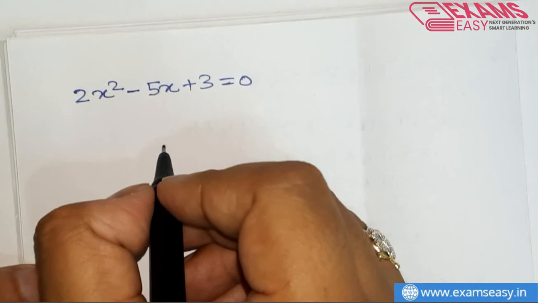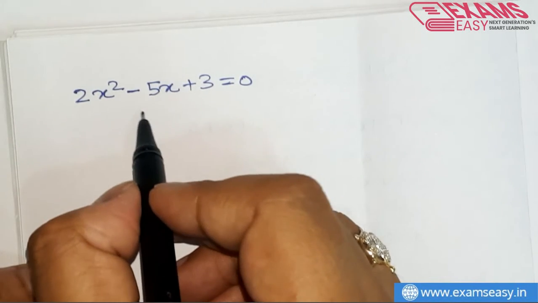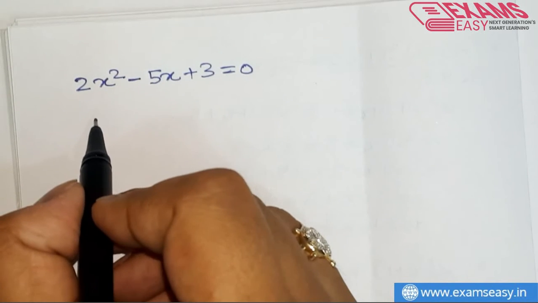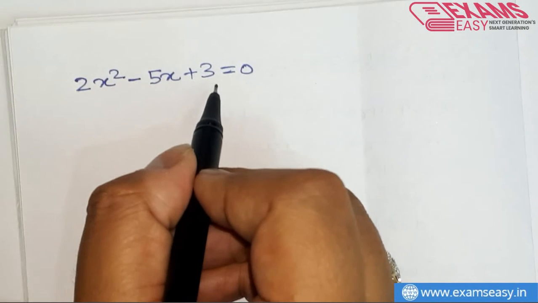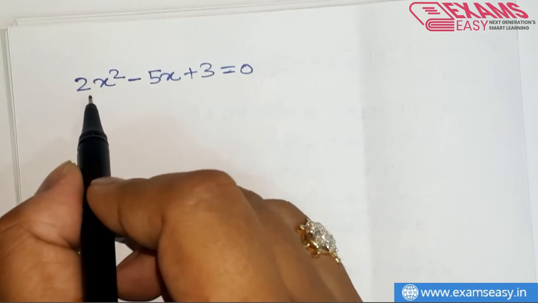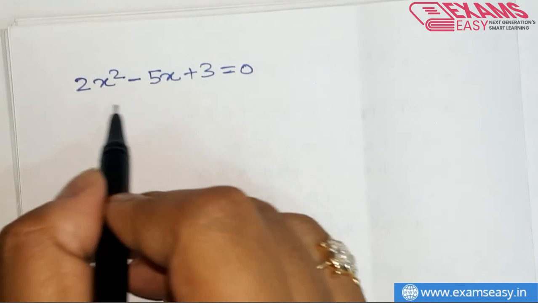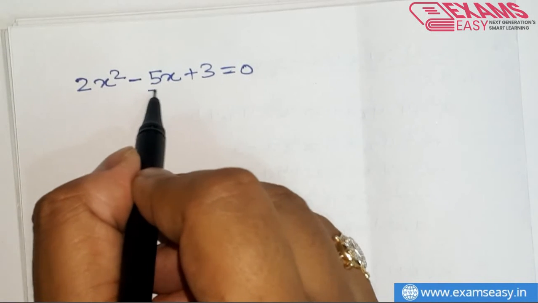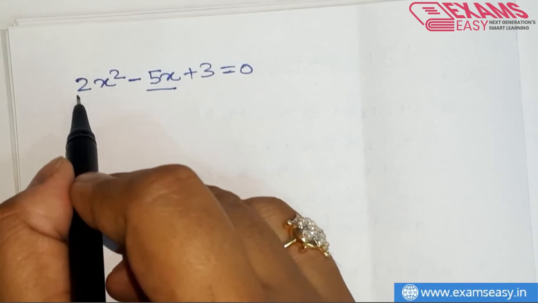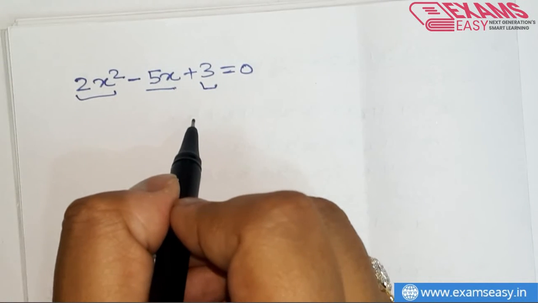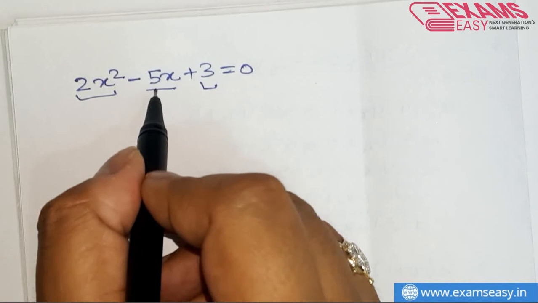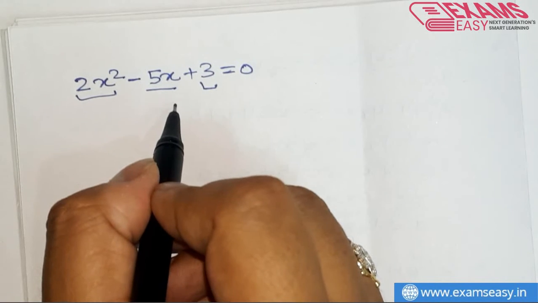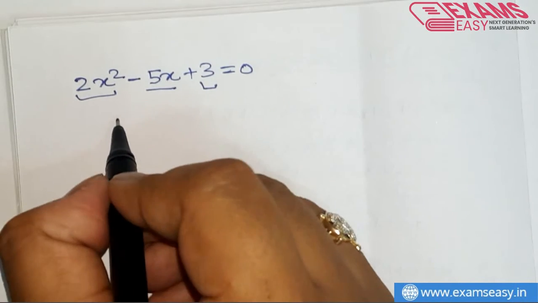So our step first was to write the expression in decreasing power of x, which is already there. Now our step 2 is to take out the common from each of these three terms, but in this expression we can see that there is no common term, so step 2 can be skipped. Now the third step involves splitting the middle term in such a way that the product of the first and third term is equal to the product of the split terms, and the sum of those terms px and qx will give you 5x.